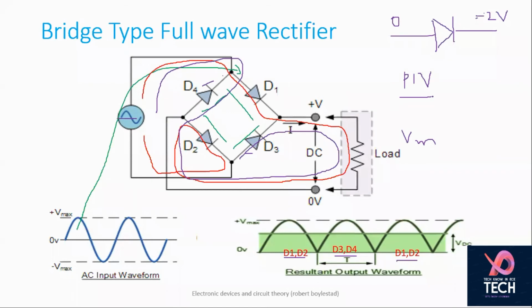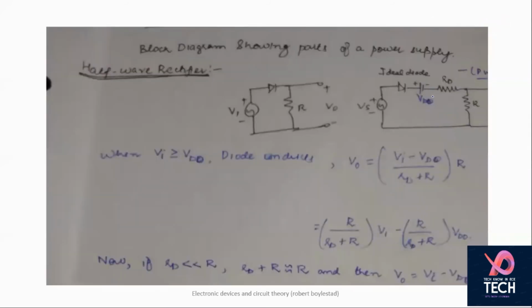You can utilize your conventional transformer. Second thing is your peak inverse voltage is well in control. You don't need a center tap transformer, but the only thing is you require 4 diodes. So these are certain things that are associated with your 3 kinds of rectifiers. In today's class, we have discussed the half wave rectifier, center tap full wave rectifier, and bridge type full wave rectifier. Now, I'm coming towards the discussion regarding your output.